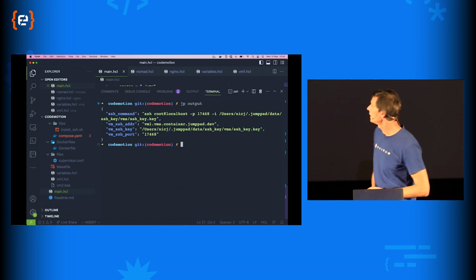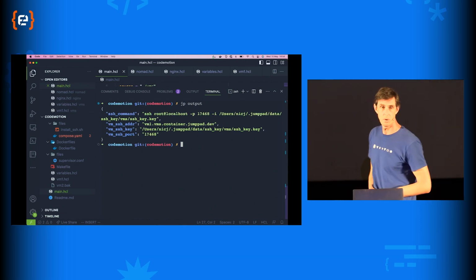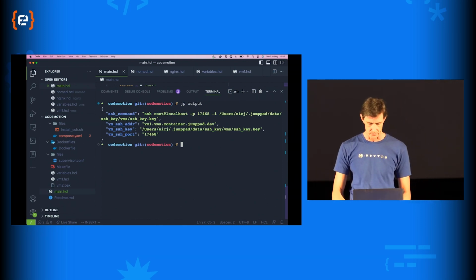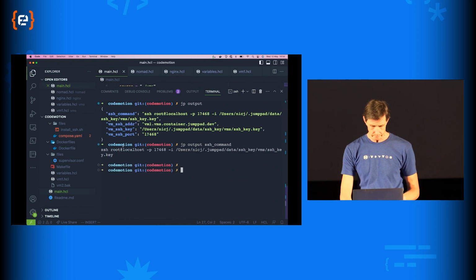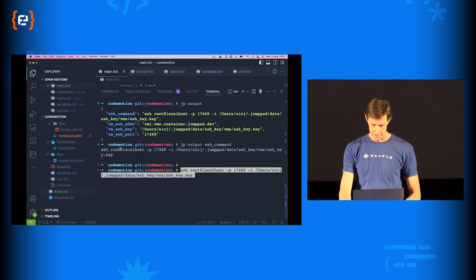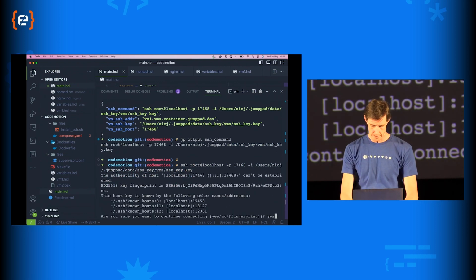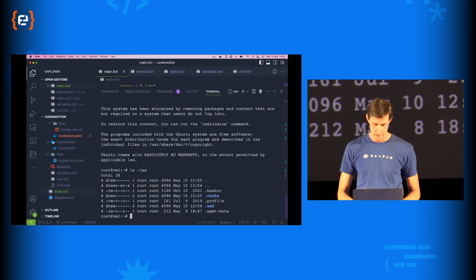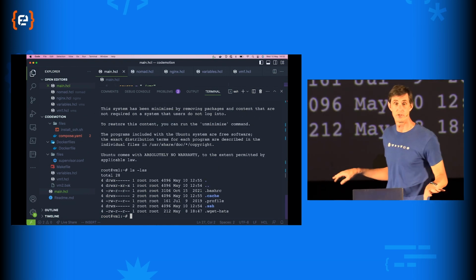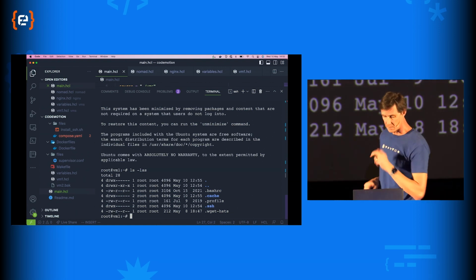And we can now see those. So I've created one which is actually a helper around the SSH command. So let me just SSH. I can grab that command there. Let me copy, paste it. Do I want to connect? This is good so far. Excellent. So now I'm in my fake virtual machine that I haven't spent a single cloud dollar on. And we're going to move on with this.